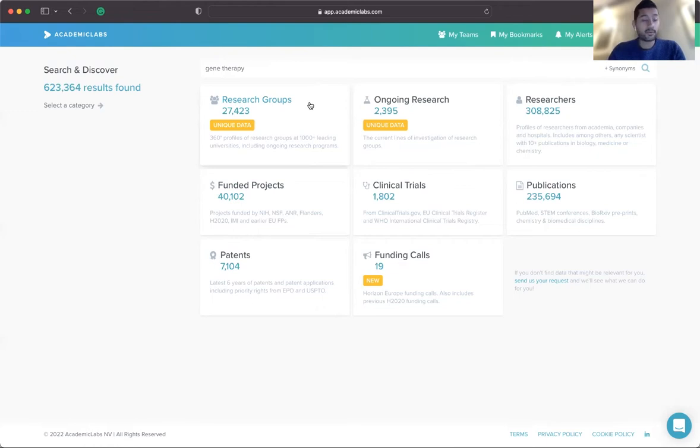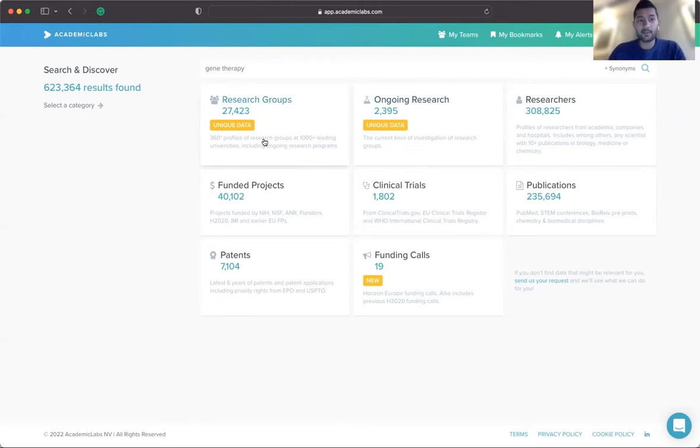And the way we do that is we manually curate this research group information from the websites of these 1,000 leading universities of the world. We have a team of data collection experts who manually go to those profiles and bring together key information such as ongoing research, the mission of the group, the emails, the link to their websites, and so on. And when we get all that information, we create the profiles out of it.